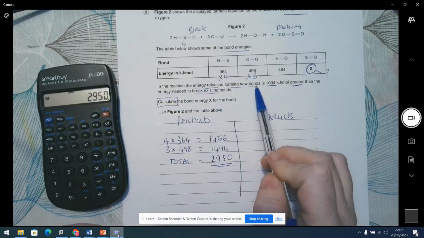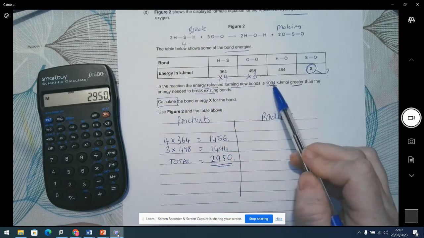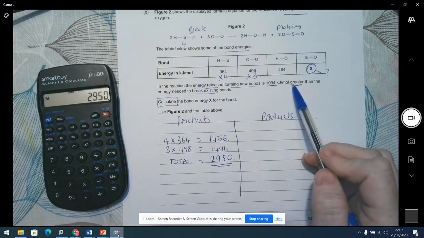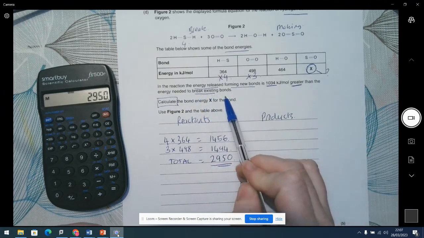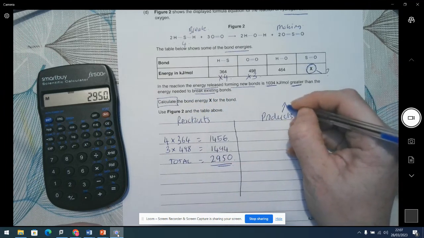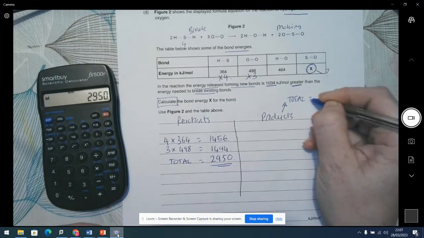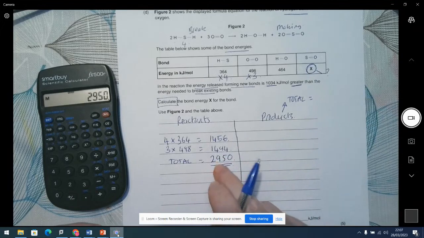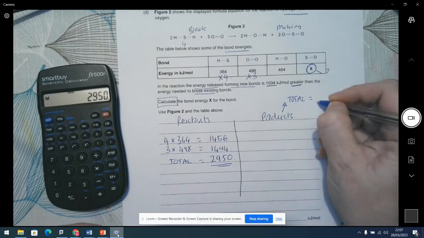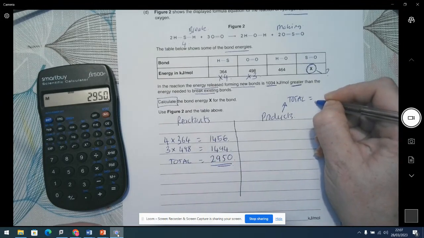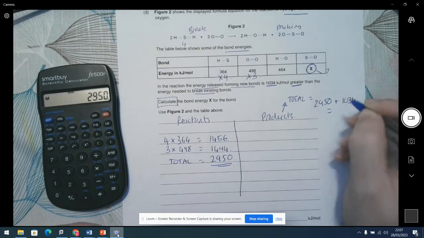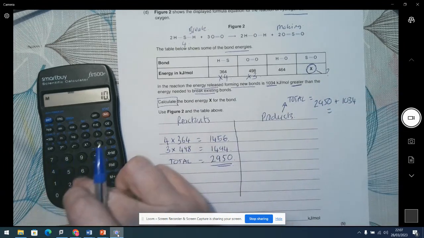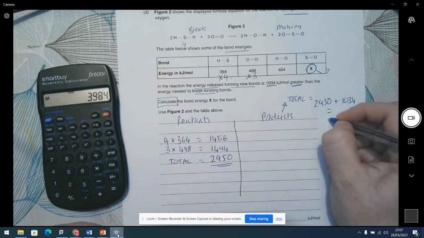Okay, this is where I then go back to the question, because it says, in the reaction, the energy released from forming new bonds is 1034 greater than the energy needed to break the existing bonds. So in other words, my products' total energy has got to equal 1034 more than this value here. So to work that out, I'm going to do 2950 plus 1034. So the total energy value over on this side should equal